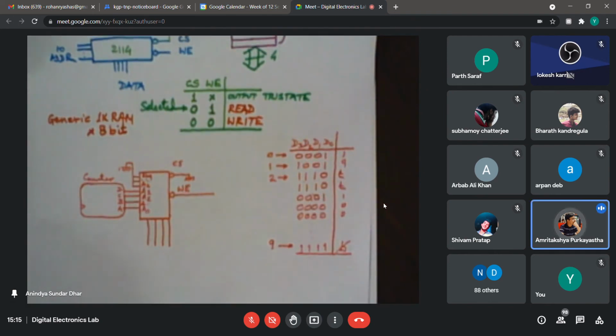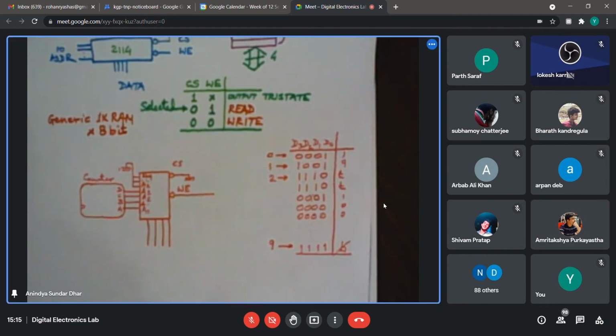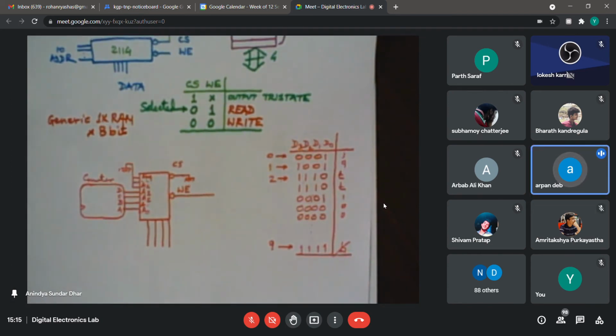But we need to make sure that the write enable becomes high after 9 cycles. Write enable? No, there are two different phases. One is the write phase, that is just once. Yeah. So once you have written, now it is ready for multiple times reading. It is not that you are reading it just once. You are repeatedly reading it. So we can manually make the write enable high or low, right, according to our purpose.